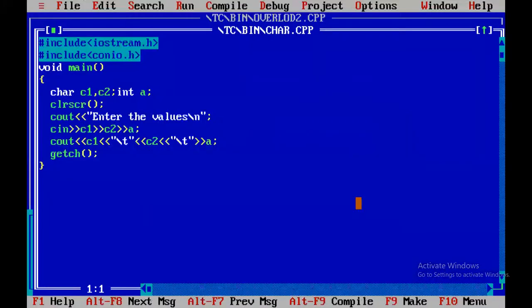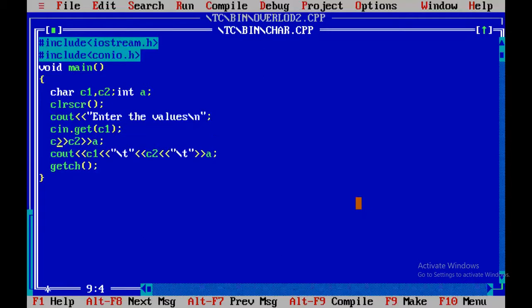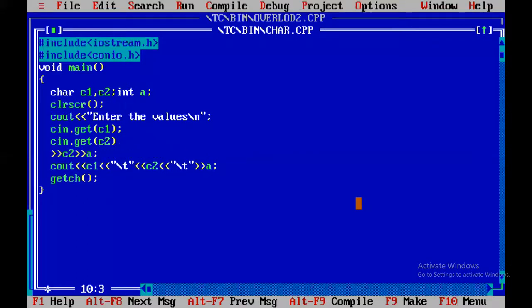If I use cin.get, I will execute that program and then stop. cin.get of C1, then cin.get of C2, then cin.